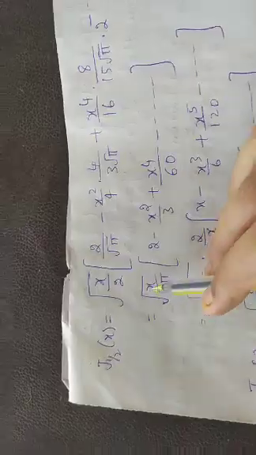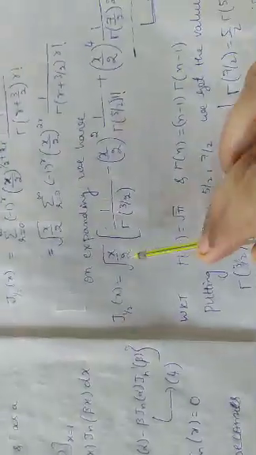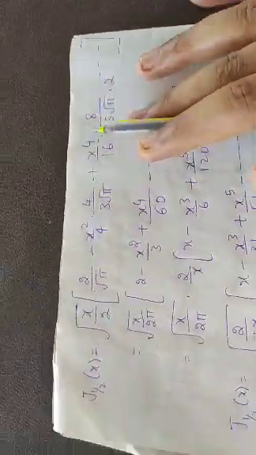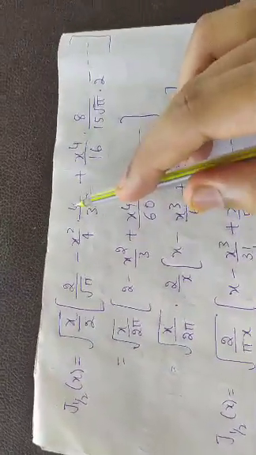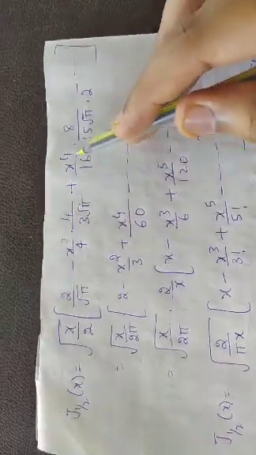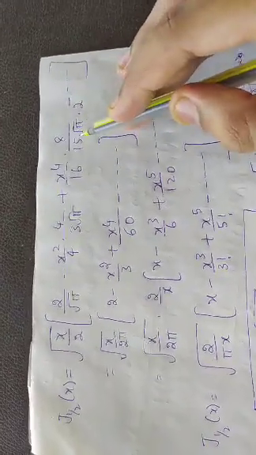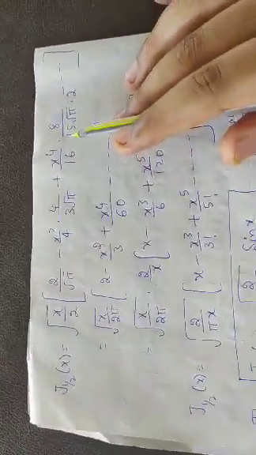Substituting these values in equation 2, J of x equals root x by 2 as it is, with this term outside, 1 by gamma of 3 by 2. But what is gamma of 3 by 2? It is root pi by 2, and its reciprocal is 2 by root pi, minus x square by 4 into 4 by 3 root pi, plus x power 4 by 16 into 8 by 15 root pi into 2. Why will this 2 come? Because 2 factorial value is 2. So I just substituted all these values in equation 2.